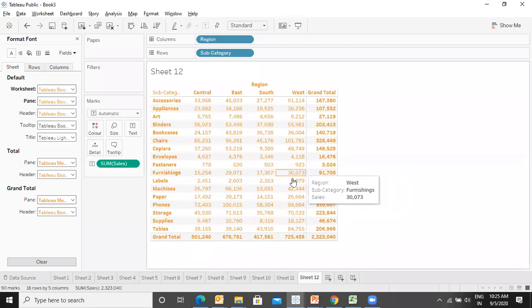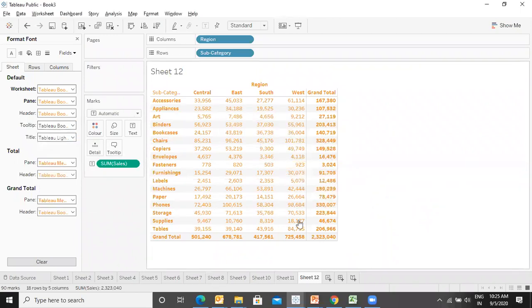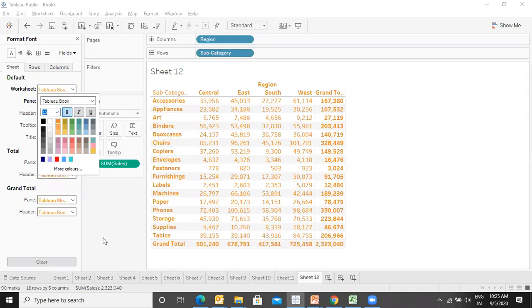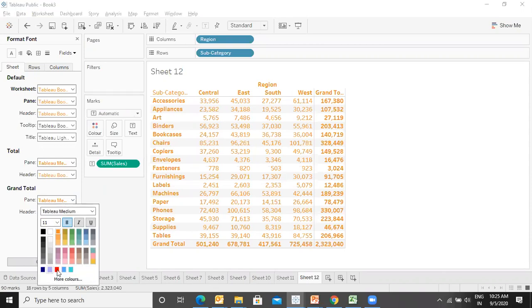Right, tooltip, again you can format the tooltip over here, so I'm not getting into that detail. So this is it, and let's increase the size a bit more. Let's make it 11. Good. Then if you want to display the grand total in some different font, let's make it green.